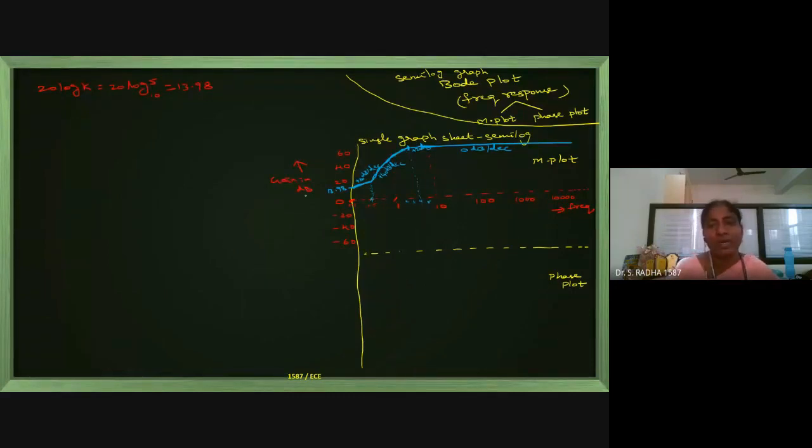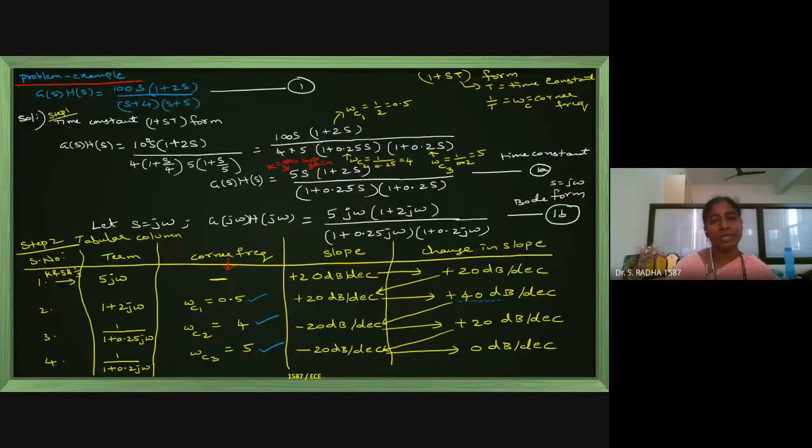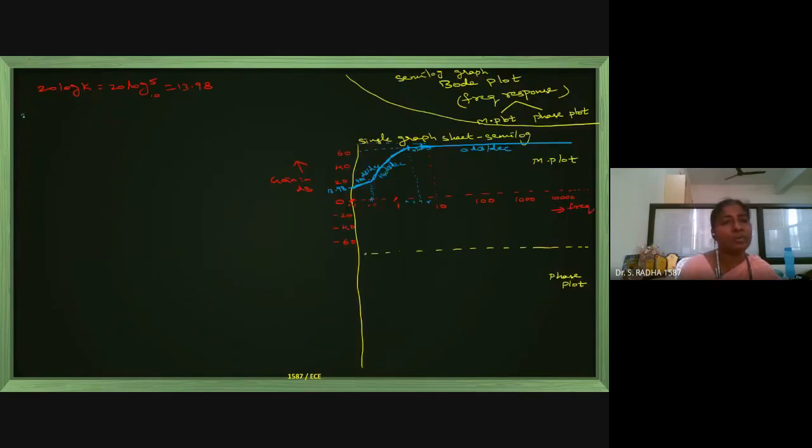But now, what is the exact magnitude? The y-axis value here, y-axis value here, and next, y-axis value at 5. Those y-axis value calculations I should do in the next step. 2 steps I completed. In the tabular column, it is step number 2. Now, step number 3, I have to calculate magnitude. And step number 4, I have to do calculation for the phase angle, phase plot. Okay. Now, what I should do in the third step is like this.